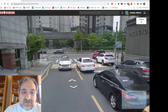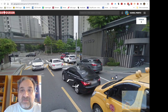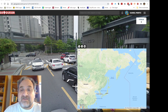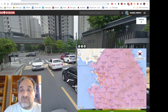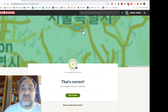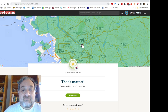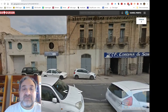In fact, it looks so much like Korea. Actually, this is a fancy area here, isn't it? We're just going to go ahead and place our flag in South Korea and guess that we are actually in Seoul. Where are we? We are in Seoul, and apparently there's a fancy area of Seoul right here near downtown. 7 down, 3 to go. We can definitely do this today,